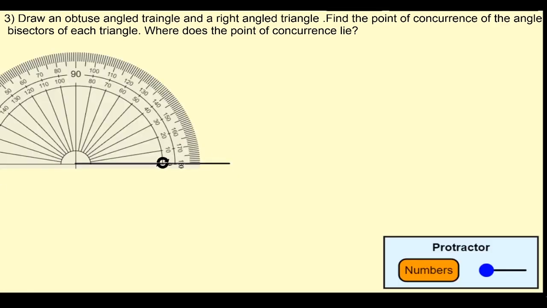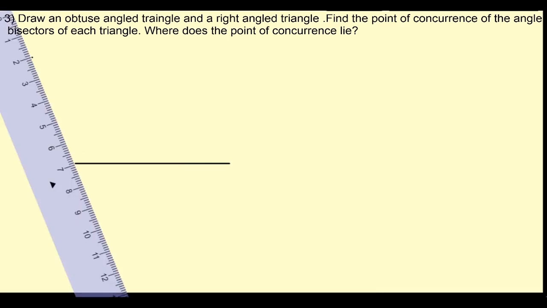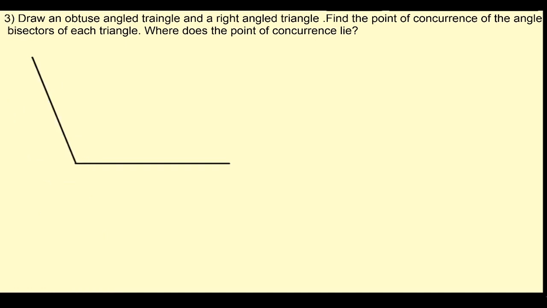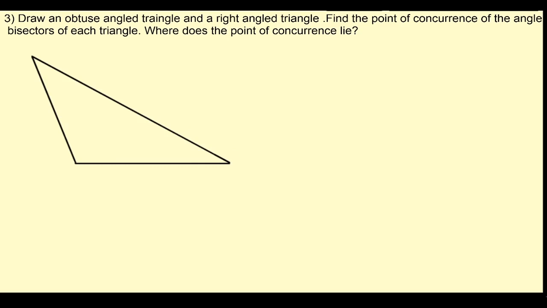Now place the protractor on point B. Now let us mark the obtuse angle. That is, it should be more than 90 degrees. So here I took 110 degrees. Now draw a line using a scale. Now draw the line for the other side of the triangle. Now name the base as BC and name the point as A.